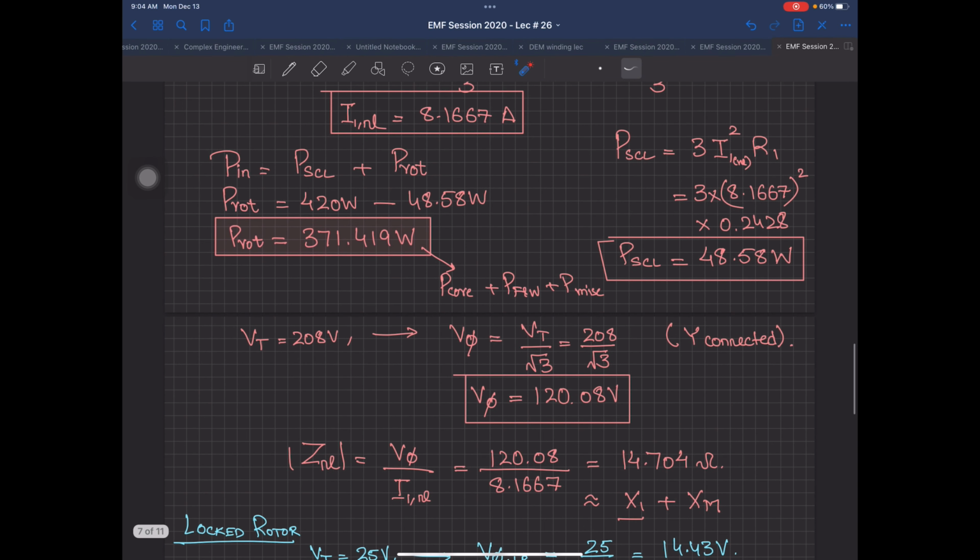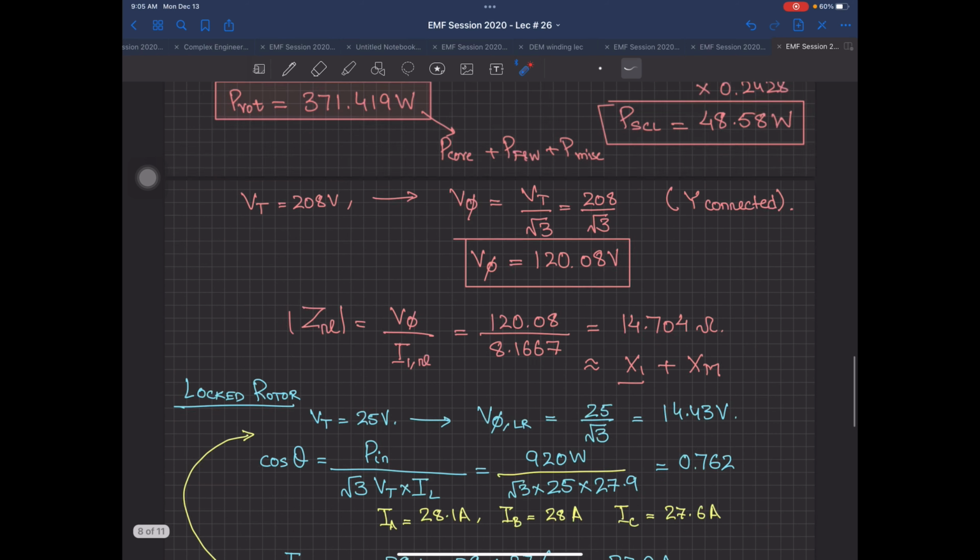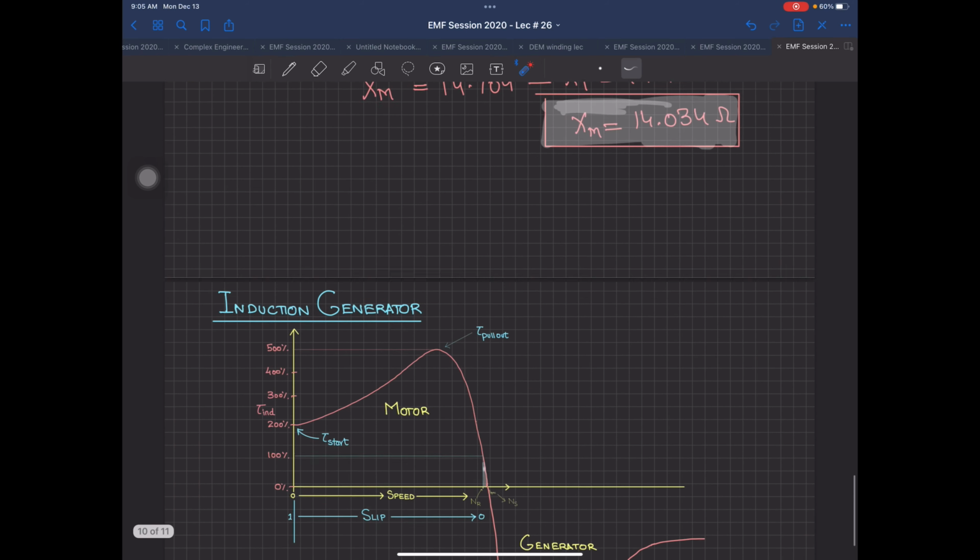The next part of this, the B part, you can do yourself. It's related to your torque. They are actually asking the torque of this machine, because all the data is there. You have to first of all convert it into its Thevenin circuit, the same thing which we did in the previous lecture.